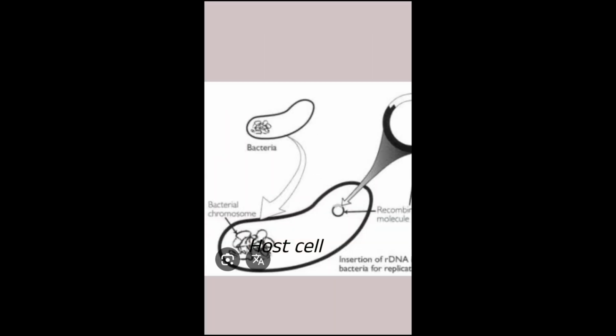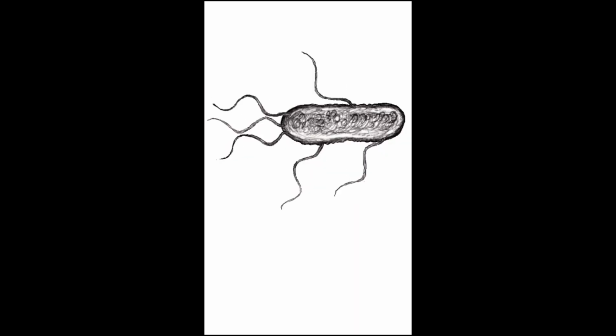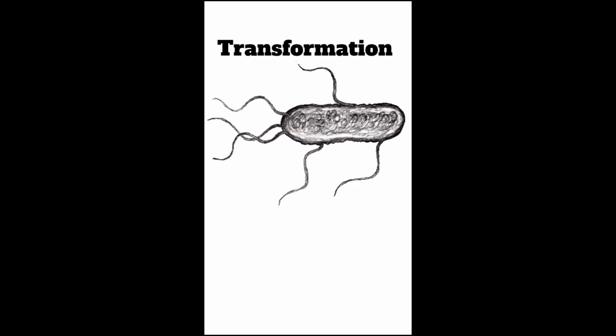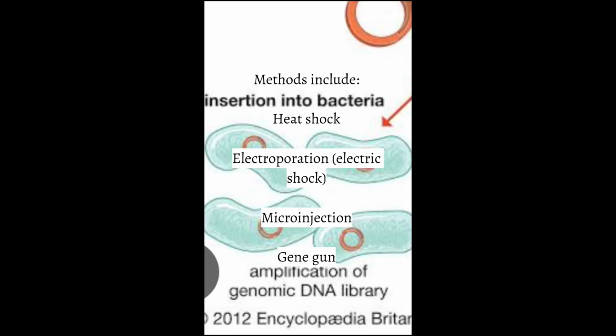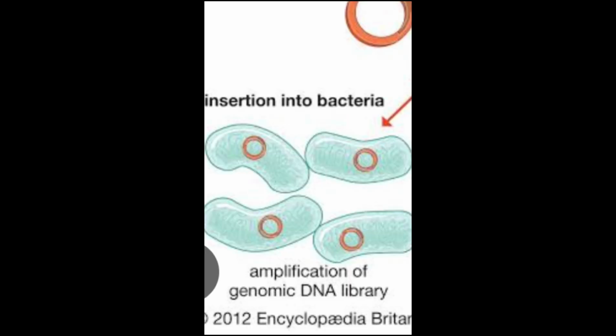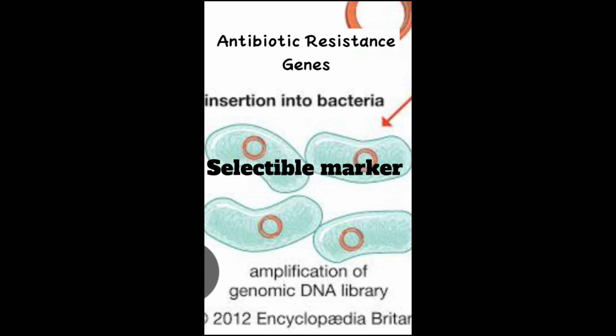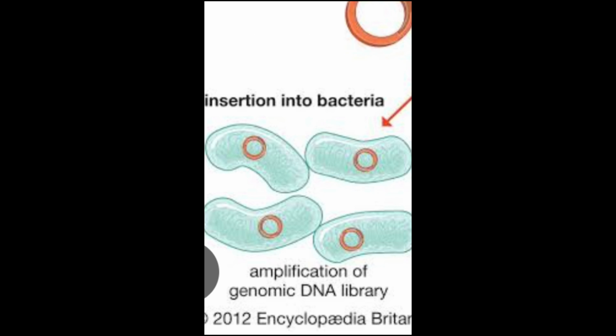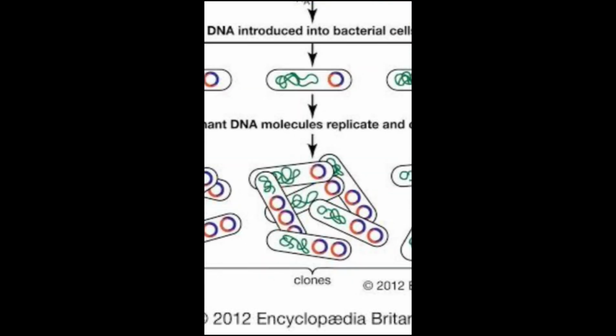Then the recombinant vector is introduced into a suitable host cell, often bacteria like E. coli, and this is called transformation. Not all the cells can take up the recombinant DNA, so selectable markers like antibiotic resistance genes are used to identify successful transformation. Then the host cell machinery expresses the inserted gene to produce the desired protein or trait. Then the transformed cells are cloned to multiply and produce a large quantity of the desired product like insulin, enzymes, and